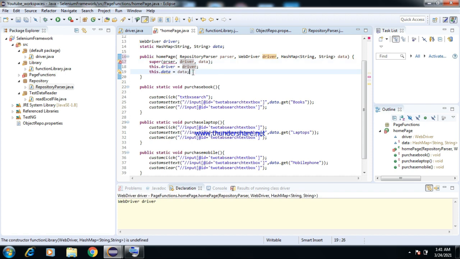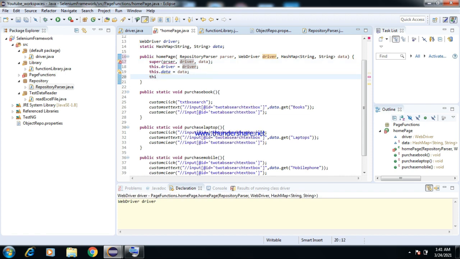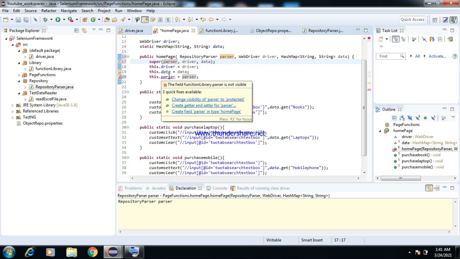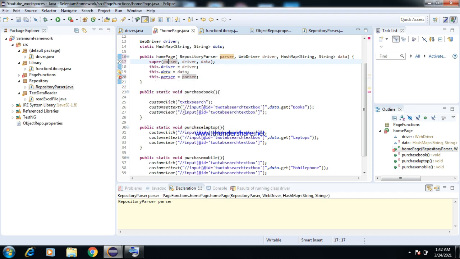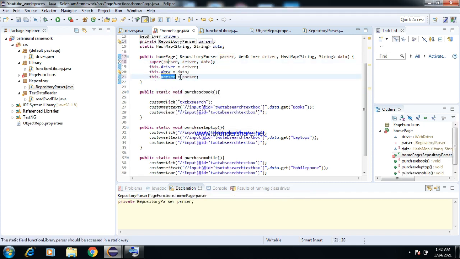In the constructor, I need to make this change. I'm adding the parser. This dot parser is equal to parser. Just initiating the parser value here.